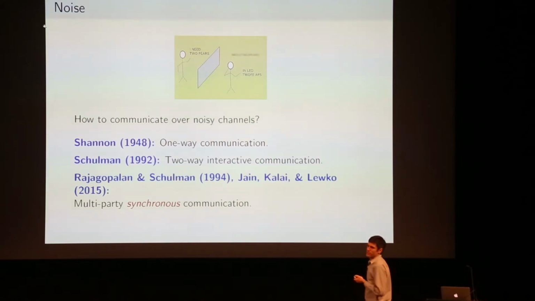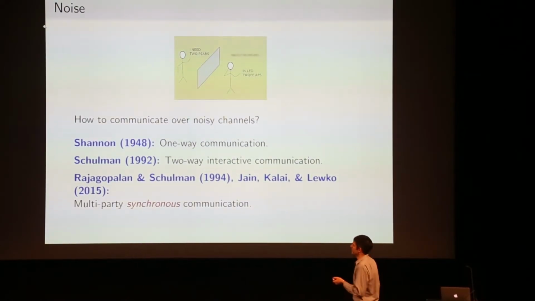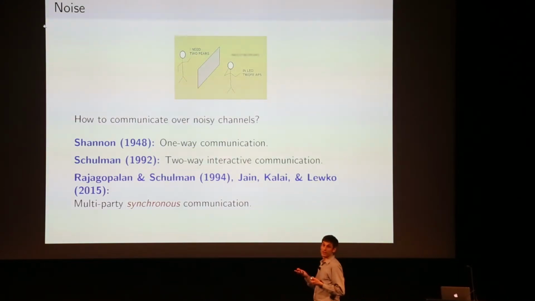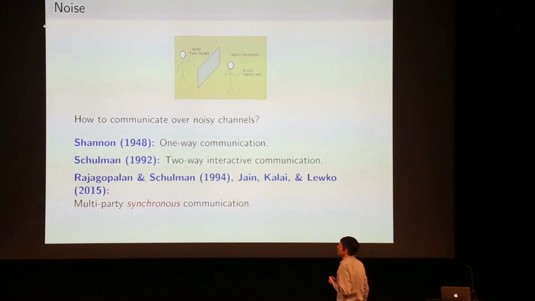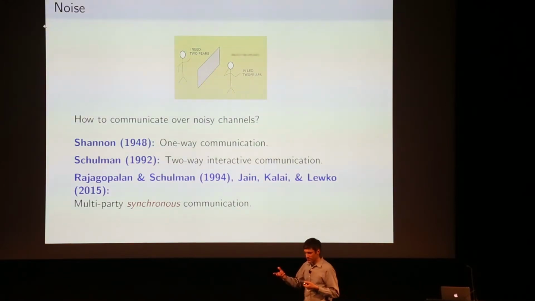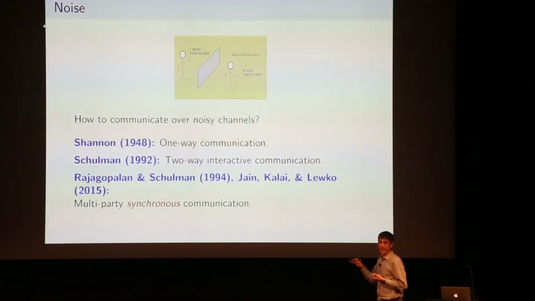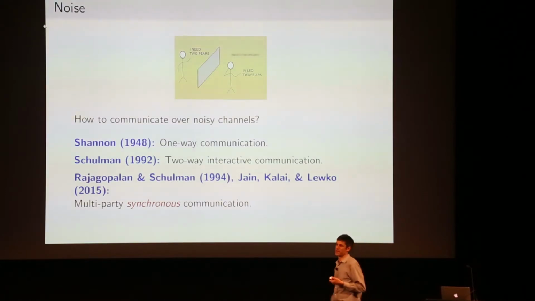For adversarial errors, actually, the first paper to study this was only very recent, and was in fact in ITCS 3 years ago, that Jain, Kalai, and Lewko introduced some coding that allows any multi-party synchronous protocol to be simulated under adversarial errors up to some error rate, which is